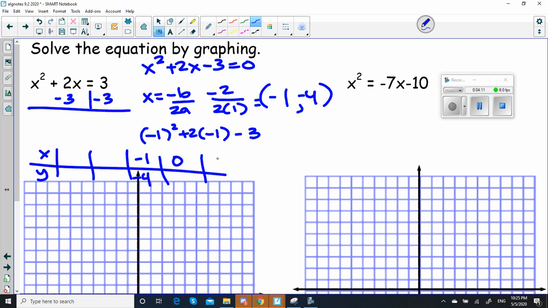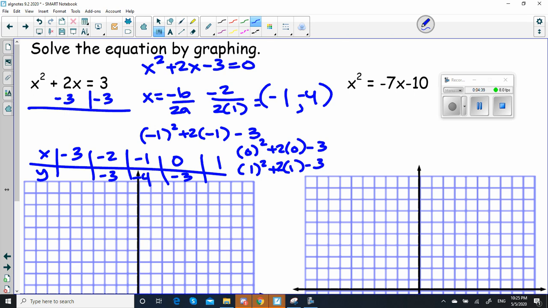So up one and up another, and back one and back another. So now we're going to plug either the 0 and 1 or the -2 and the -3. The 0 and 1 seem easier, so I think I'm going to plug those. If I put 0 in there, 0 squared plus 2 times 0 minus 3 is -3. So that one's -3. And if I do the same thing for +1,